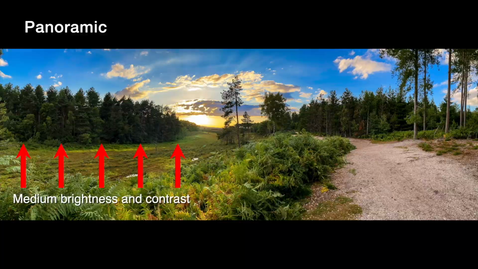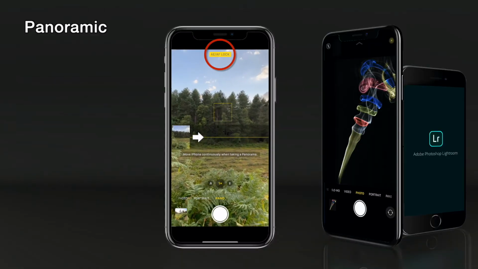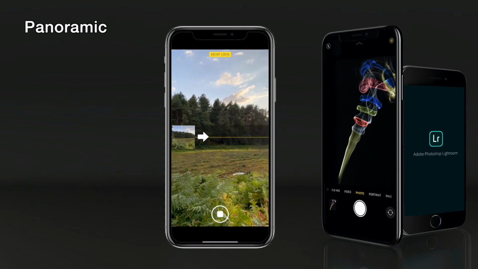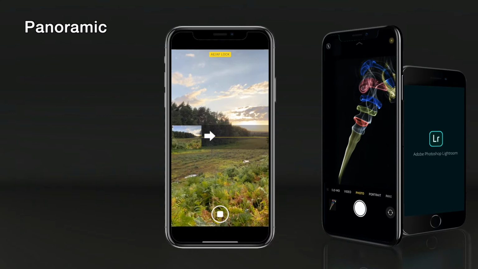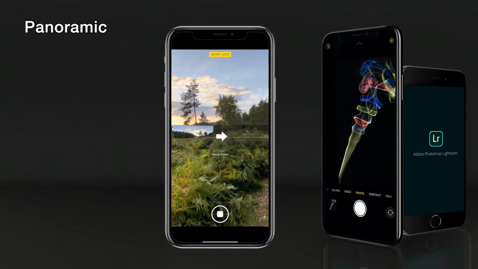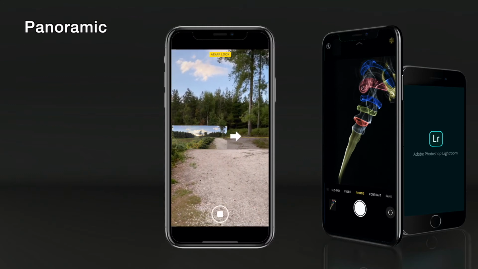To do this, hold the screen for the AE/AF lock to lock the exposure. Unfortunately, in pan mode, you can't adjust the exposure with a slider, so just lock the exposure, hence why we're looking for a medium brightness and contrast. So during the test run, make sure that you have a good stance and that your pan movement is steady